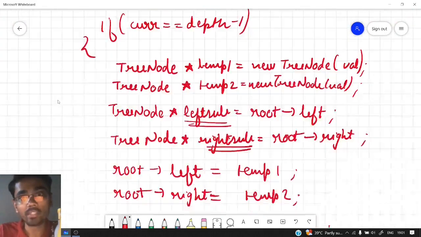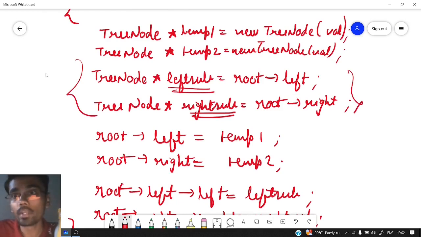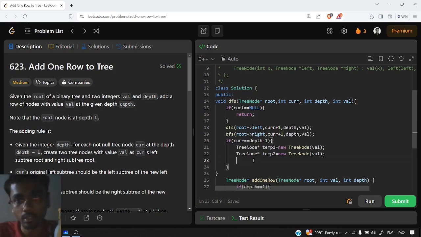Now after that, what we were doing, we were grabbing the left subtree and right subtree. So here it is, we were grabbing the left subtree and the right subtree. So let us grab these two subtrees now.